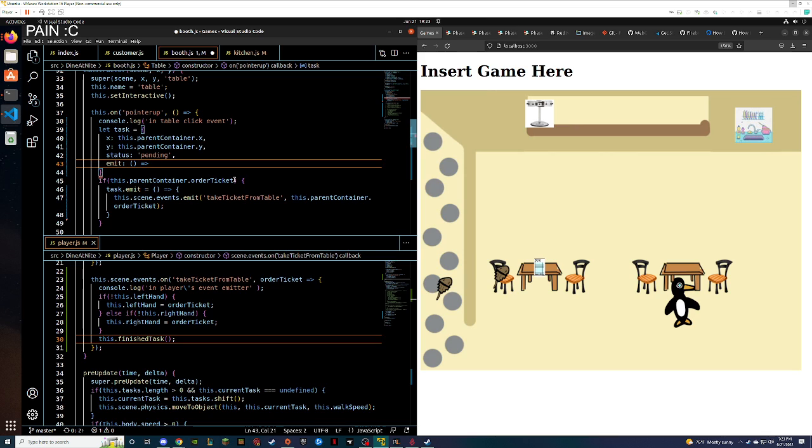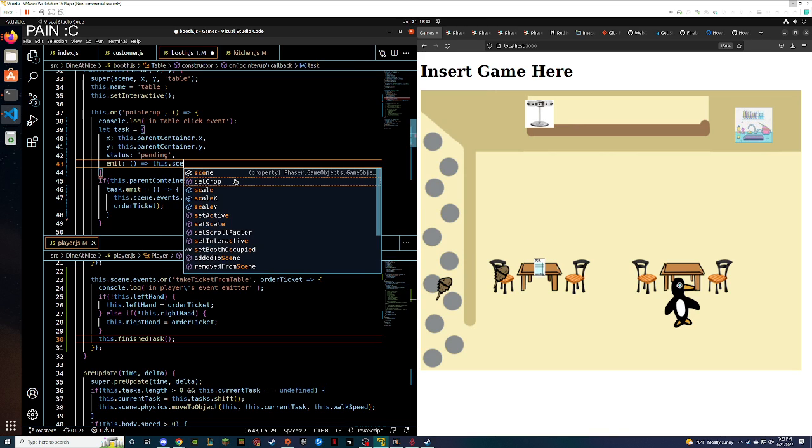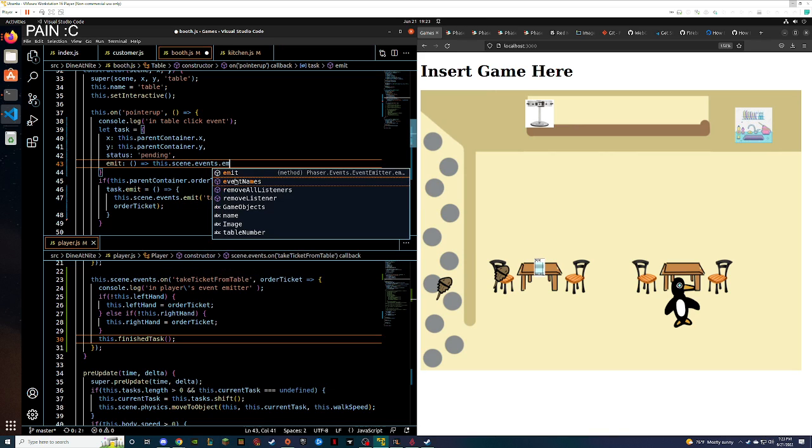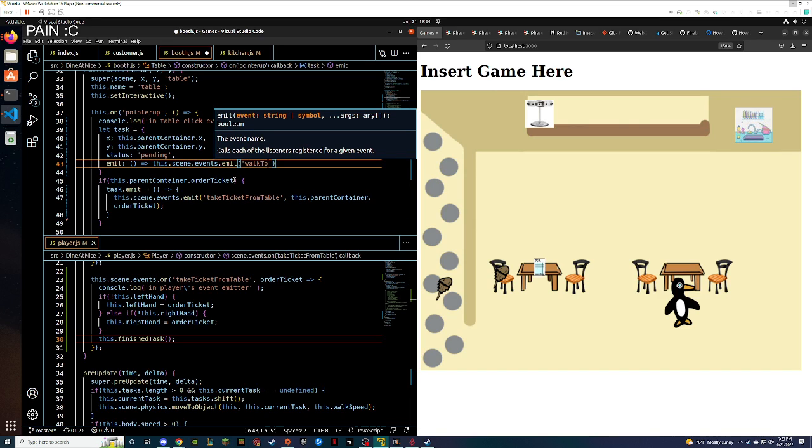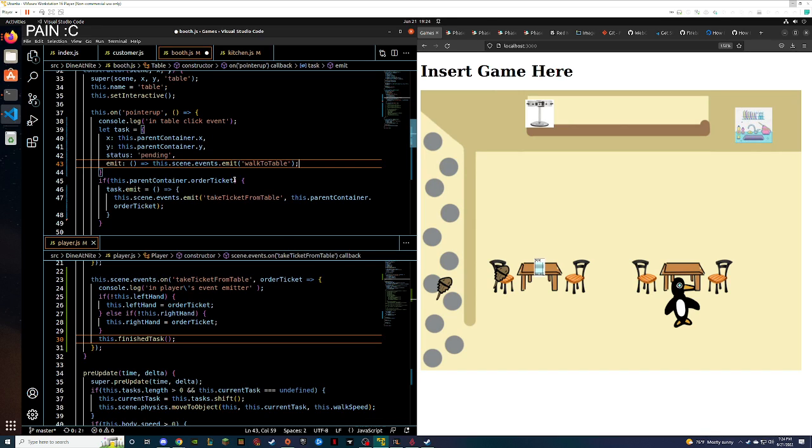Okay, we're also going to test this out, see if it works. This dot scene dot events dot emit walk to table. That's all we need for this.